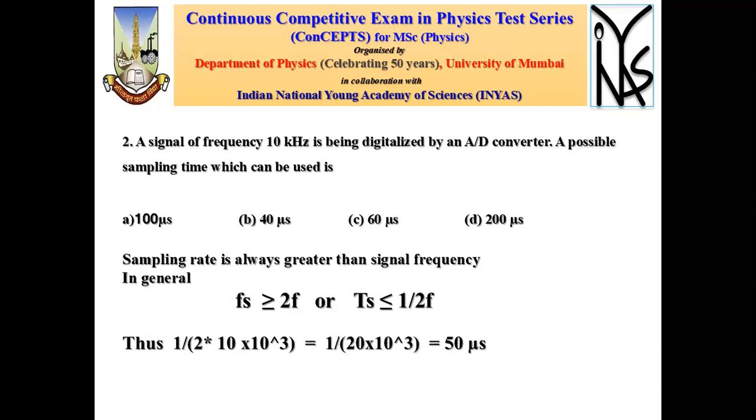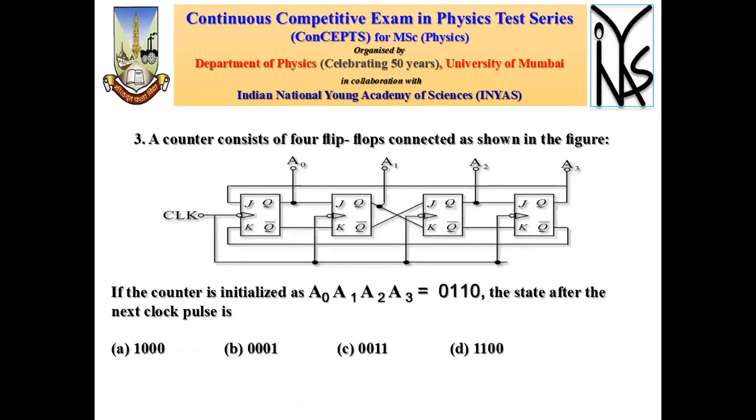So in this case, we just have to use our understanding of what we want to do. We want to have a better digitization of the signal. So we can sample the incoming frequency at a very fast rate, and the fast sampling rate is given by the 40 microsecond pulse. So this is the answer.